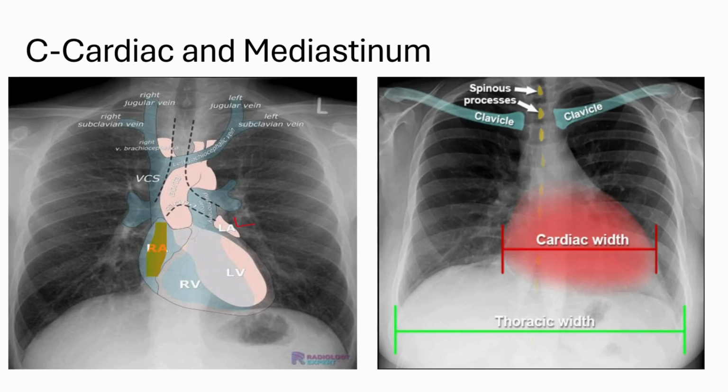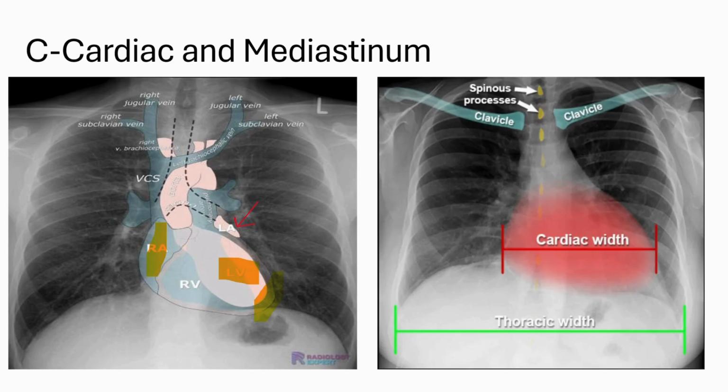What we see is that the right atrium forms the right heart border over the right lung field, whereas the left ventricle forms the left heart border, and the upper left heart border is formed by the left atrium, whereas the apex is formed by the left ventricle, and this is the left atrium. So these form the left heart border and make an impression over the left lower lobe of the lung, and both